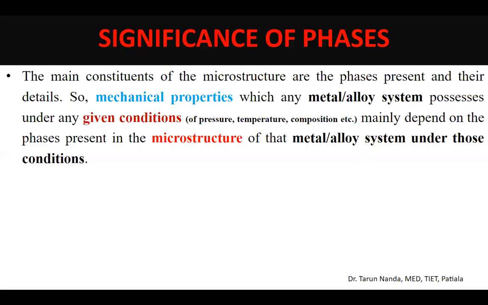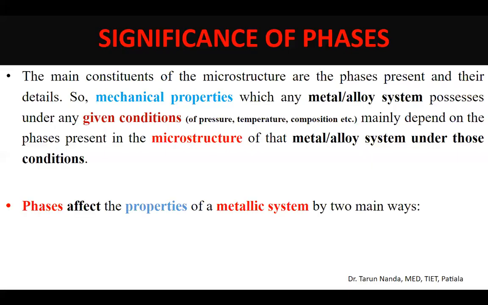So now in this session particularly, we are going to see that when in a given material's microstructure some phases with some phase details are present, how do they affect the mechanical properties of that metal or alloy system? Okay, so I said in the last part of the last session that if you talk about how phases affect the mechanical properties of a material system, whenever you look into the microstructure of a material,